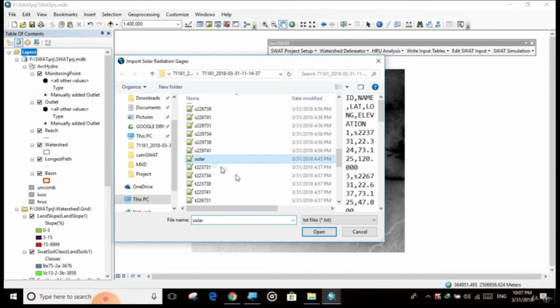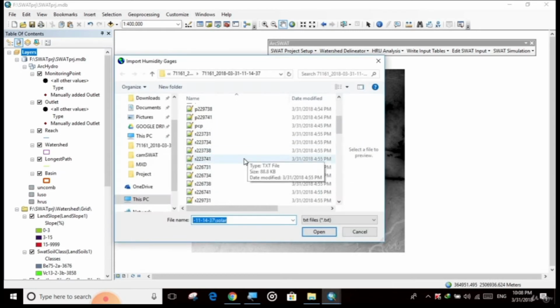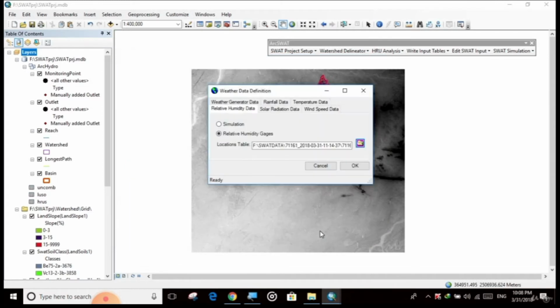Click on the solar file. OK. Relative humidity. Select relative humidity gauges. Browse it. And click on the RH file. Click open. And cross check that you have done all the databases.